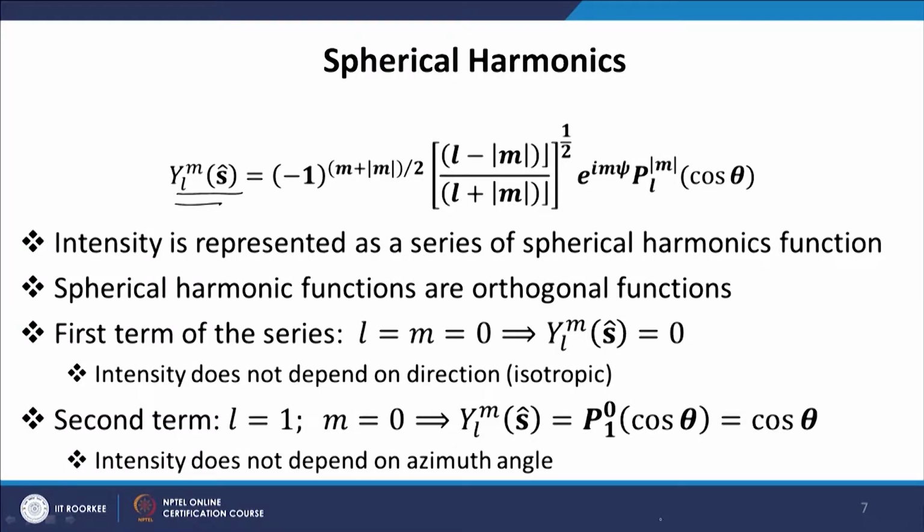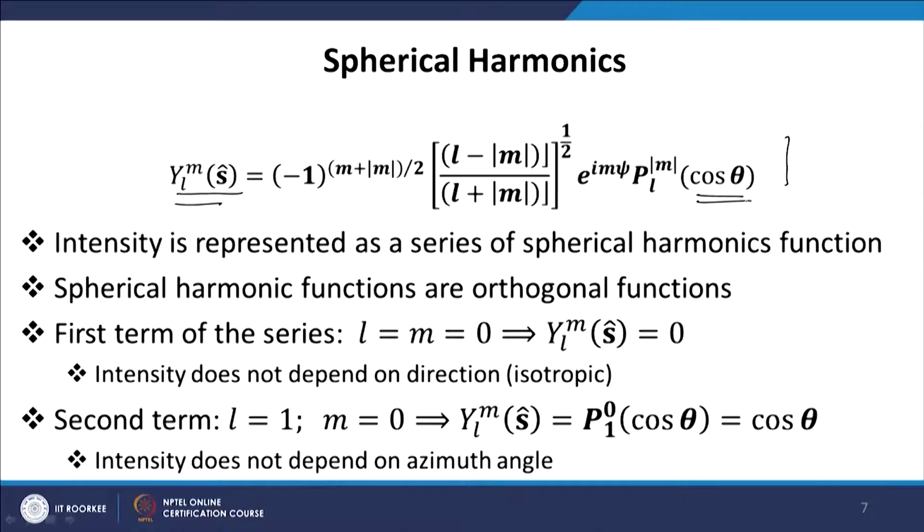So, the term Y L M looks like this expression, and this can be easily derived by applying the method of separation of variables. It contains the value of L and M, where L is the degree of the spherical harmonics function and M is the order of the spherical harmonics function. So, L and M represent the degree and order of the spherical harmonics function. In chemistry they have their own meaning as angular momentum and magnetic moment, but here L basically defines the degree of the spherical harmonics function and M represents the order of the spherical harmonics function.